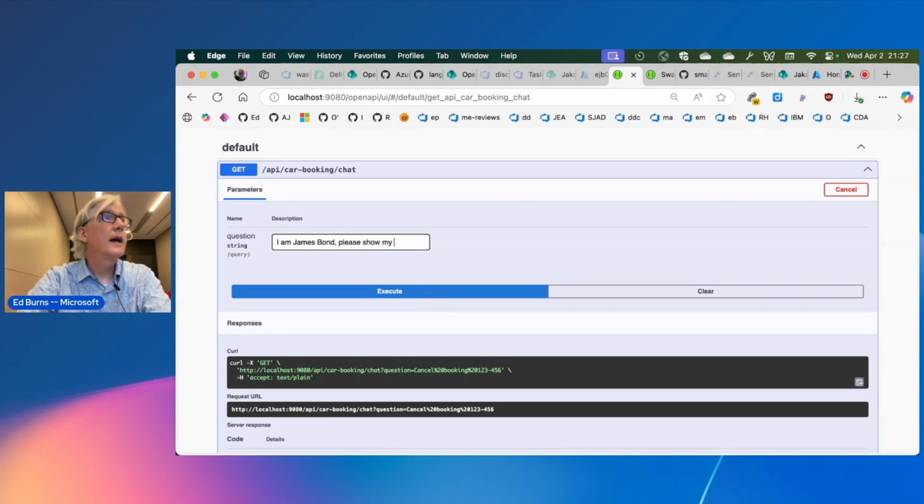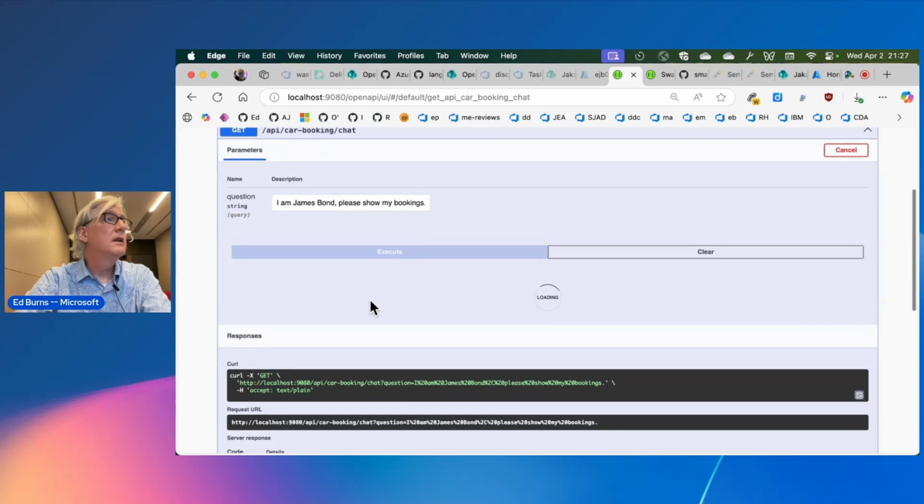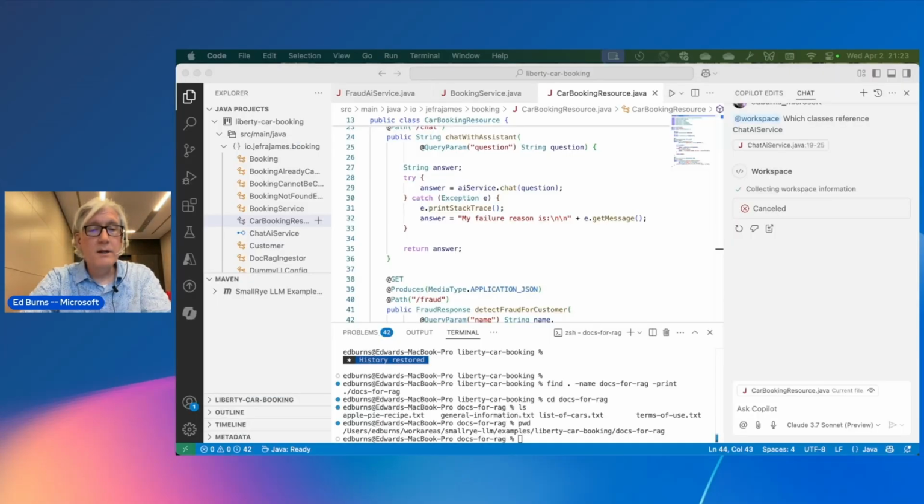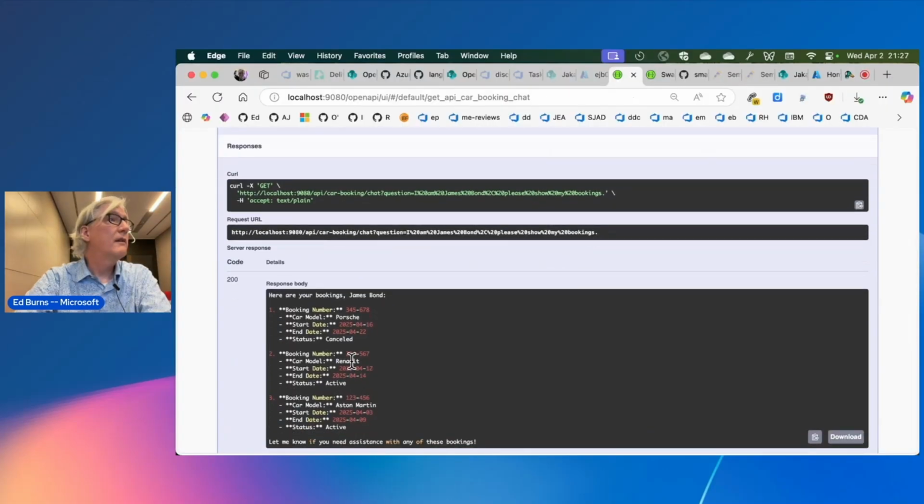And I can ask it, tell me details about booking 345-678. Let's ask that. What are the details of booking 345-678? Execute. Okay, here are the details for booking 345-678.